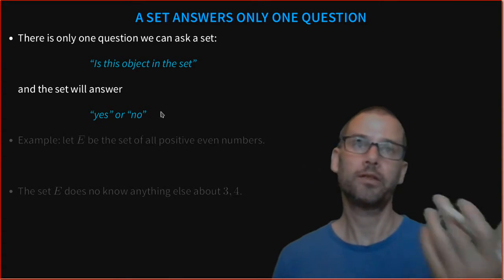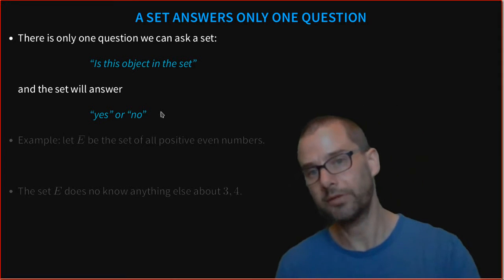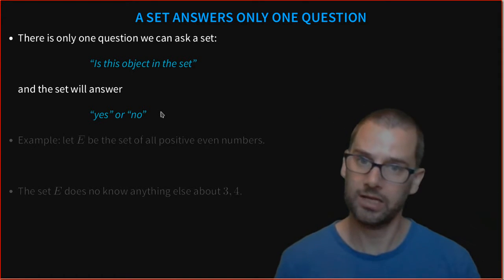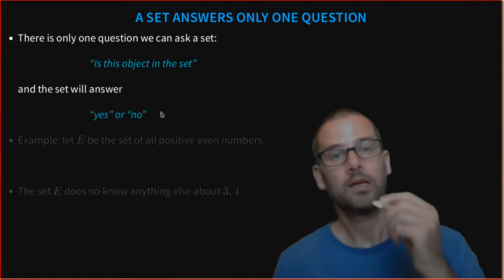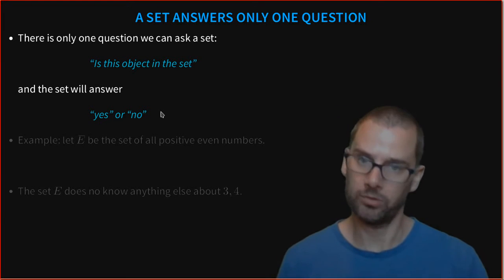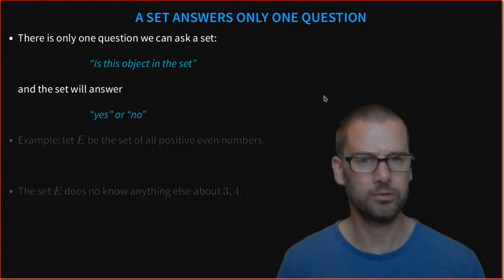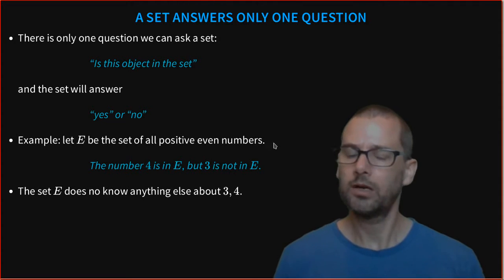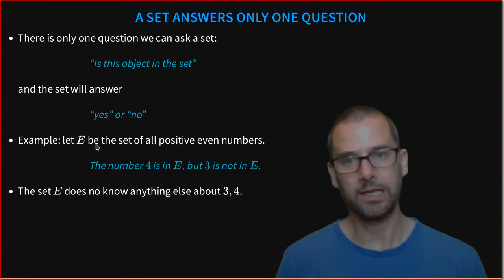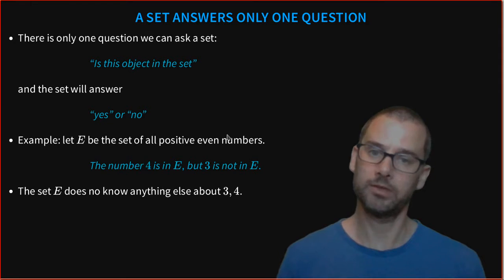It can't tell us this object is in the set 3 times or it's the 17th thing in the set. It can only tell us if an object is in the set or not. Okay, so it's a very, very simple mathematical object. And so, for example, if we let capital E be the set of all positive even numbers, then the number